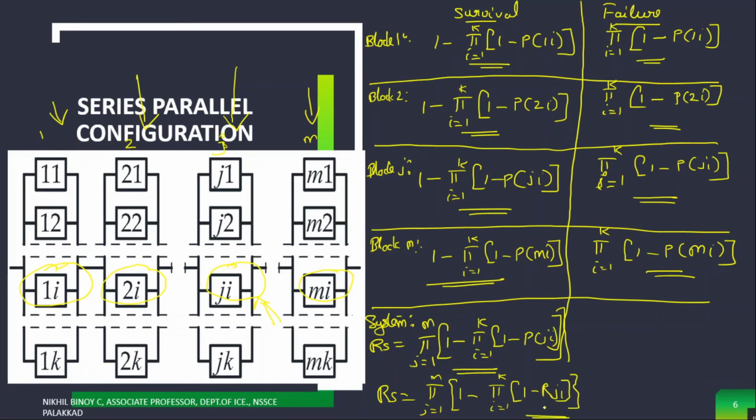Okay, so this one is the probability of survival of a series parallel configuration, the general series parallel configuration. So please note down this. And you can see some duality between the series parallel configuration and parallel series configuration. For example, consider a parallel series configuration, that is 0.2, 0.8. This is one block, and then we have 0.9.